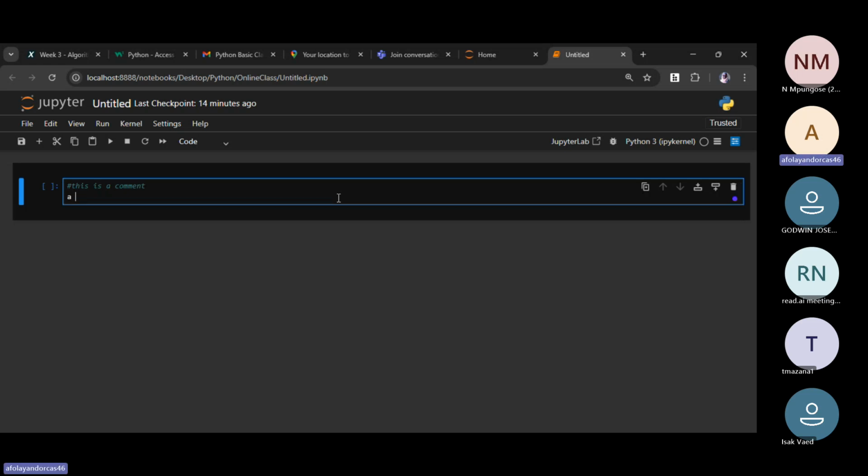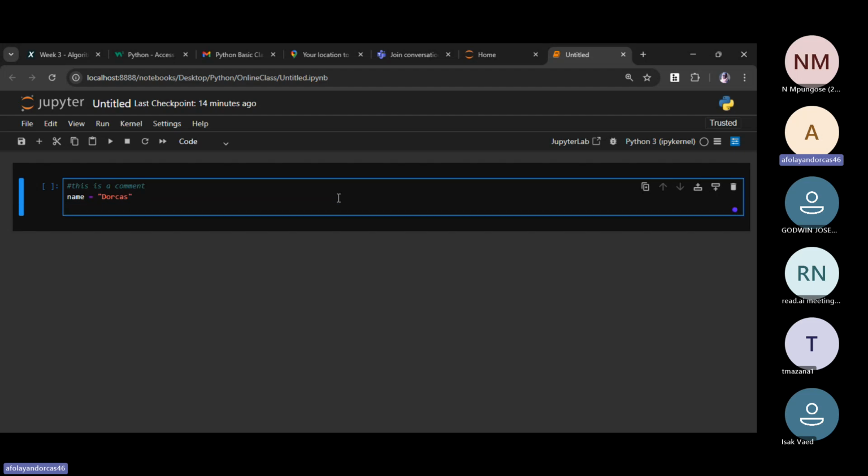So getting our hands dirty now, let's talk more about string. In our last class, I said if we have something like this, name, then we said my name is Dorcas. So a string is actually a collection of text. It allows us to store text. But in a string, what if you want to get access to one letter?